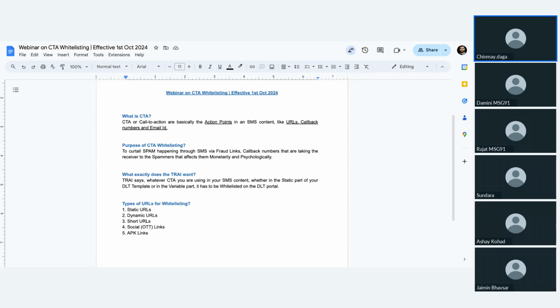Once that URL comes to MSG91, our short URL will shorten that URL to m.9m.io and submit it to the telecom operator. Now the telecom operator will match it on your DLT platform with m.9m.io/your header, and if it matches exactly, it will submit the SMS to be delivered to the receiver. Okay, so in the SMS template,